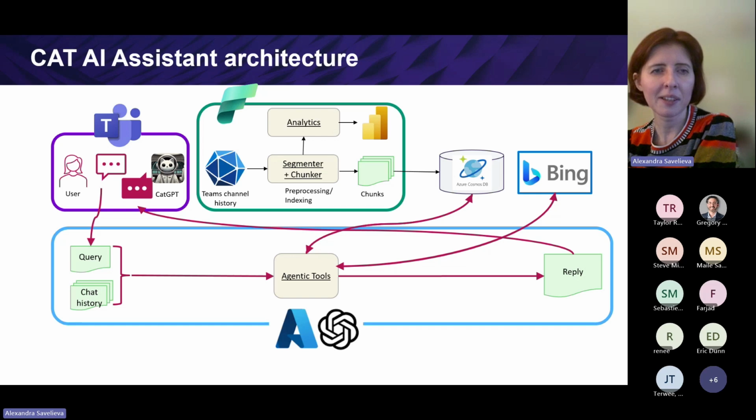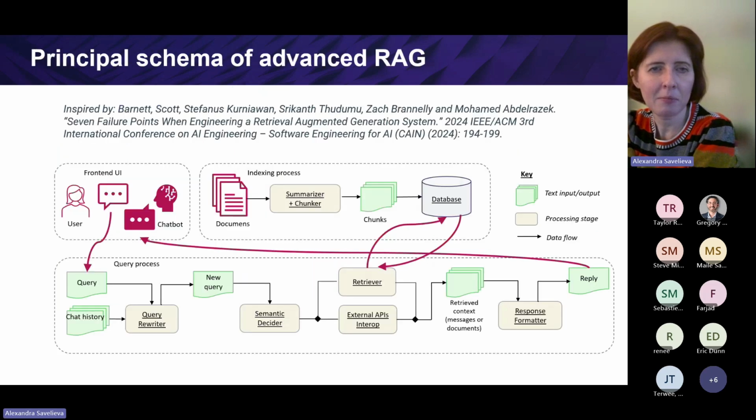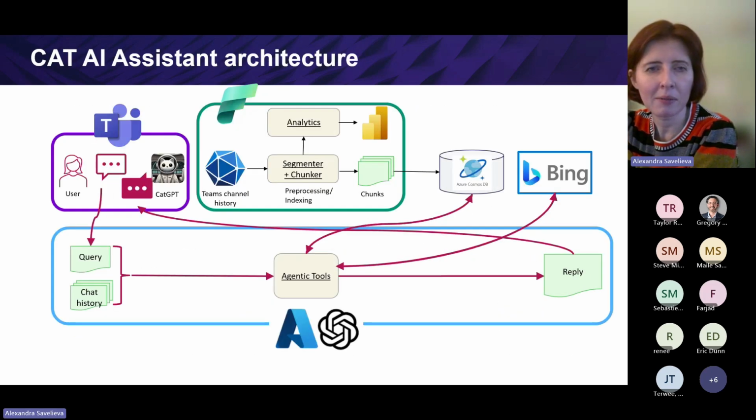And we called this CAT AI Assistant after the customer advisory team name. As you can see, it pretty much maps one-to-one to the principal schema which I covered in the previous slide. We have the preprocessing part, the fabric part that uses